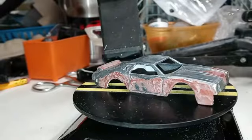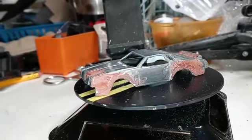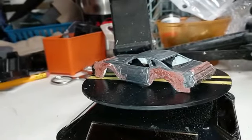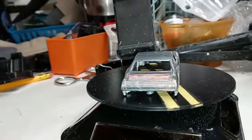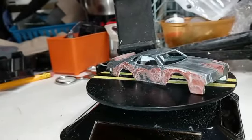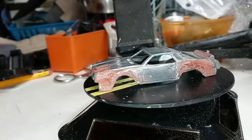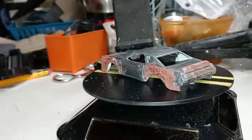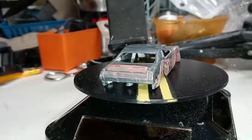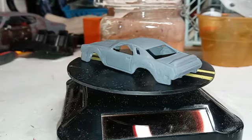Primer is going to cover up pretty much all of it, so I'm going to shoot that with the primer and see what it looks like, see if it needs any other sanding. I did sand it with 1500. It is very smooth to the touch, so I'm hoping the primer will cover any mistakes or blemishes there, and we'll see what it looks like when it comes out. Stick around. Okay, here's the Laguna out of primer, and I guess I didn't do as good a job as I thought on sanding,